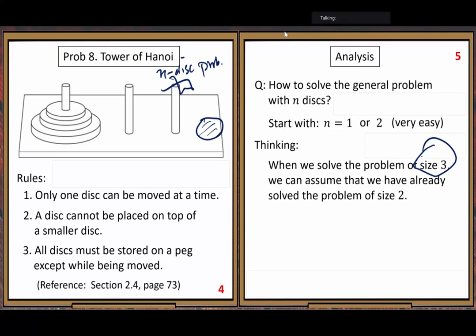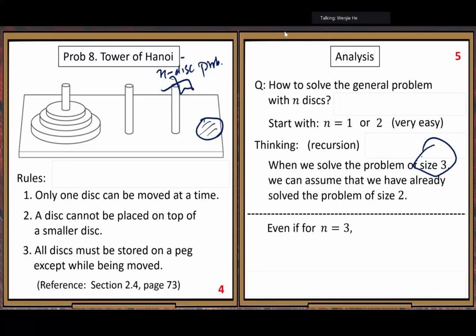So you only need to get the last disk, that part done. Because you already have the size 2 solution, you can build your size 3 solution on top of the size 2 solution. So you need to do some extra work. That part, if you can fix it, then you solve the whole problem. So that's our recursive thinking. All right. Now, based on that understanding,